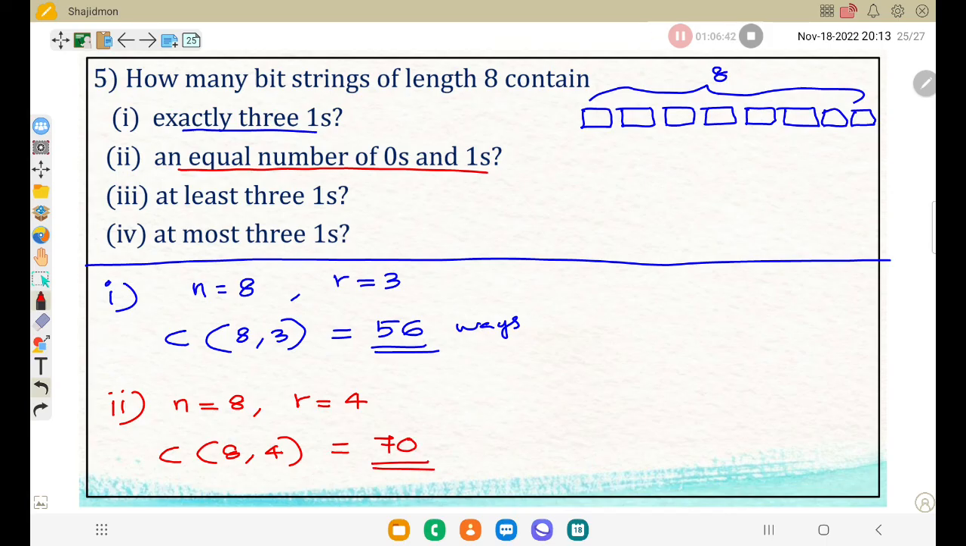Now the third part. At least 3 ones. At least 3 ones should be there. At least means minimum, as I told you. Minimum 3 ones. So what are the options we need to write? 3 ones we can select, 4 ones we can select, 5 ones, 6 ones, 7 ones, or 8 ones, because totally the length is 8. Minimum 3 ones will be there. So 3, 4, 5, 6, 7, 8. Correct? So I can write here